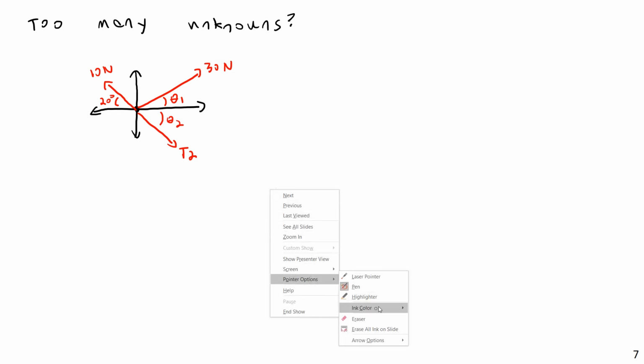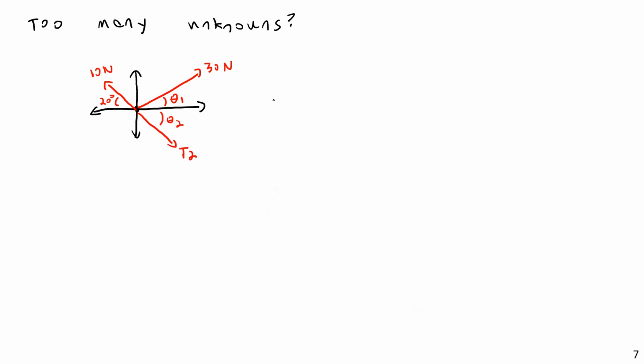So if I go and try to solve this, let's start with the summation of forces in the x direction. I will have negative 10 times the cosine of 20 degrees plus 30 times the cosine of theta 1, plus T2 times the cosine of theta 2